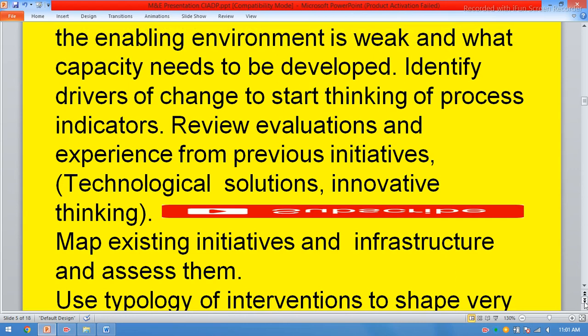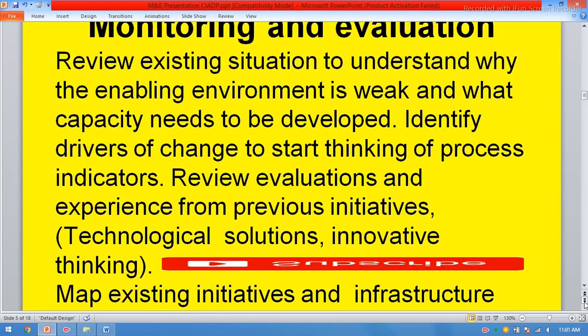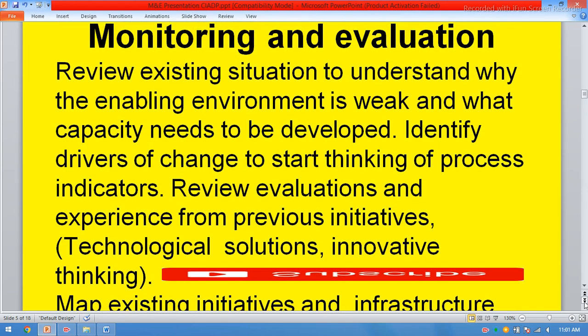Enabling environment is weak and what capacity needs to be developed. Review existing situation to understand why enabling environment is weak and why capacity needs to be developed. Identify drivers of change to start thinking of process indicators. Review evaluation and experience from previous initiatives,